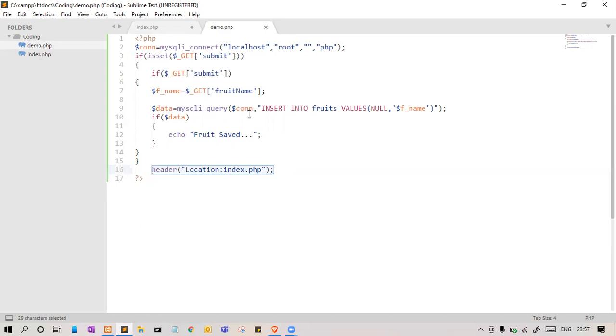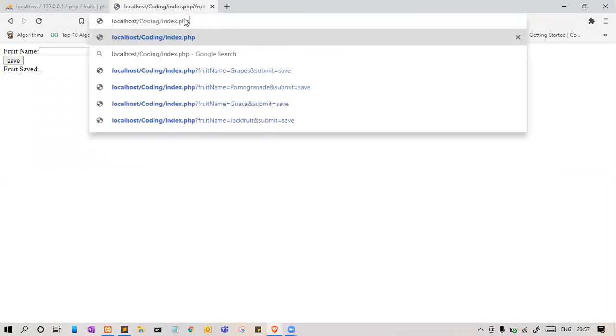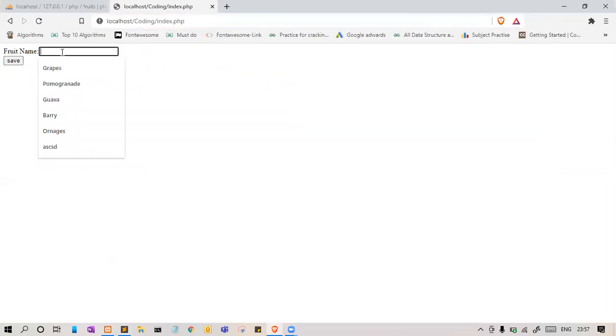Let us go to the browser and see. Let me refresh. Let me enter banana and save. Data is saved, and let me refresh.